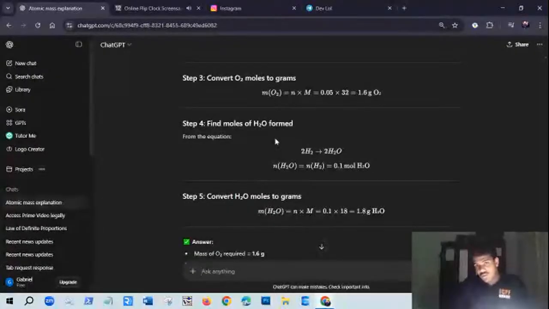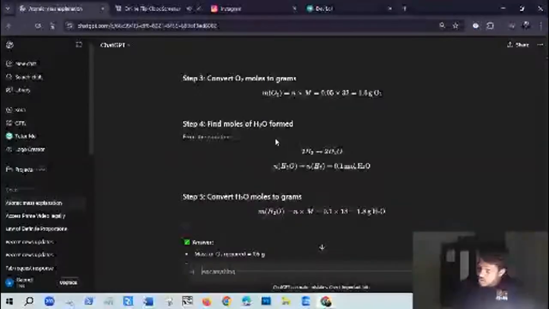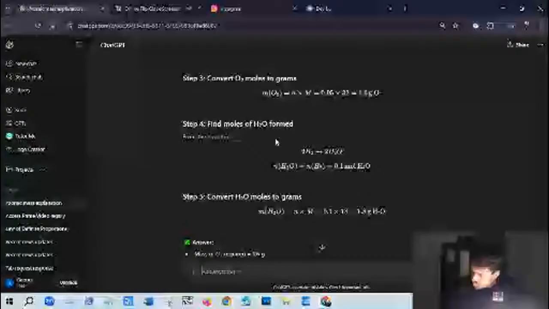Then n of H2O is equal to n of H2, when H2 is the limiting one. So H2O is equal to 0.1 mole. Now convert the 0.1 to mass: m is equal to n into molar mass, that is 18. So mass is